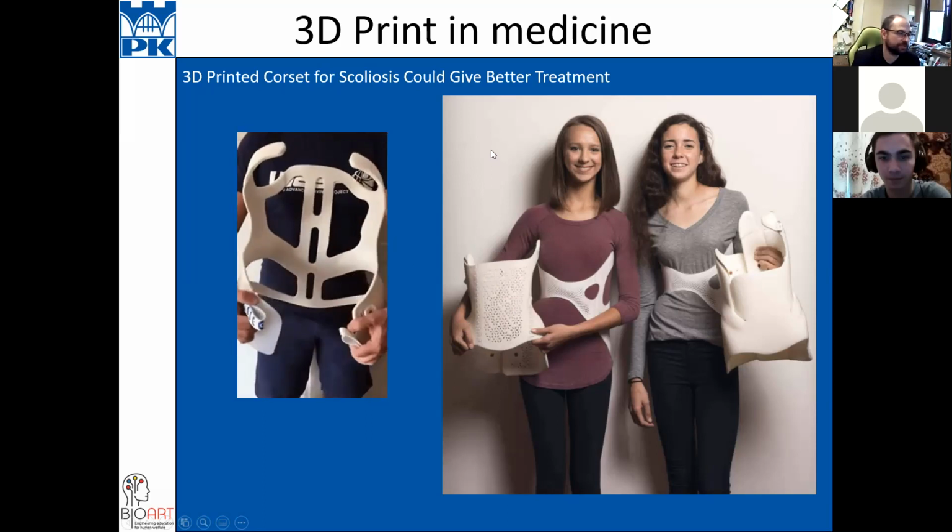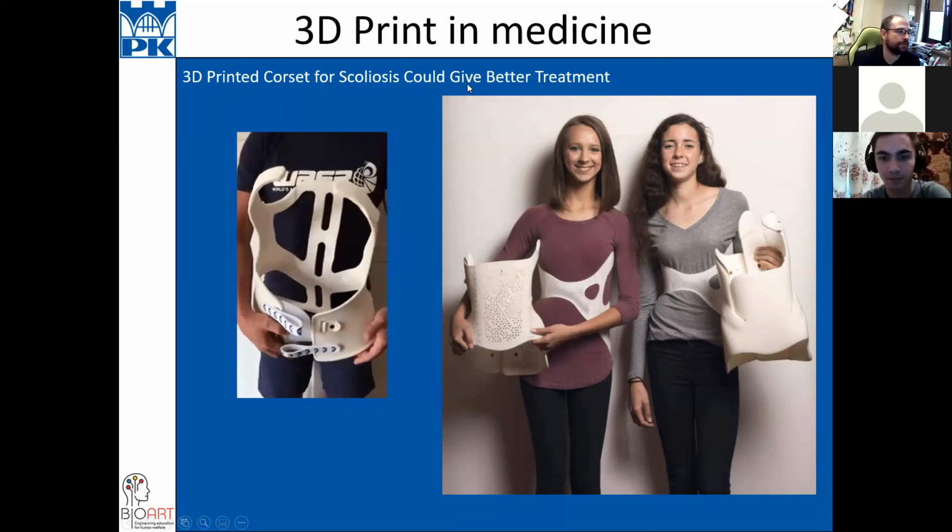That's why they use 3D printing to improve the comfort of the human.